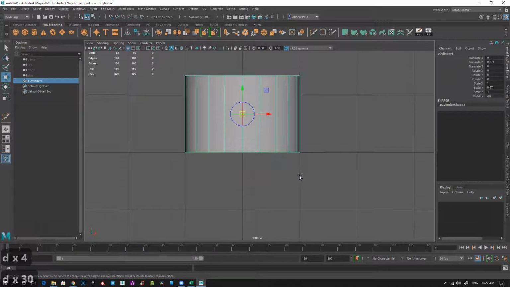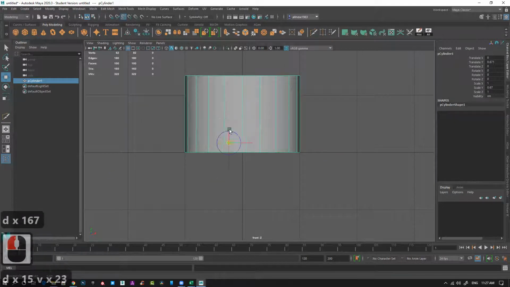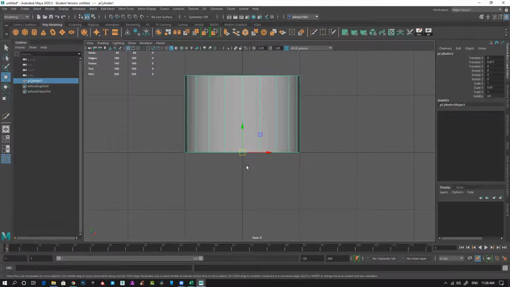You press D, only D from keyboard, and move your pivot anywhere. D and V: D means your pivot point snapping, and V means snap. So when you press V, it basically snaps to vertex. Then you press X, it snaps to grid.